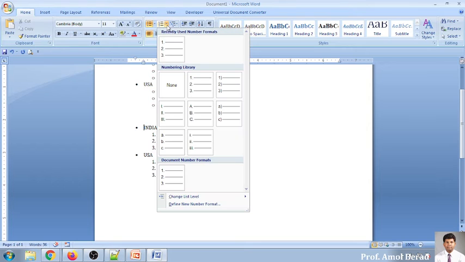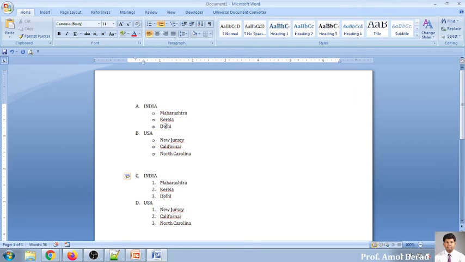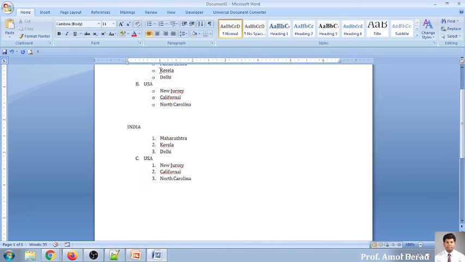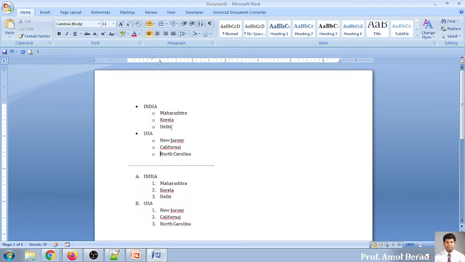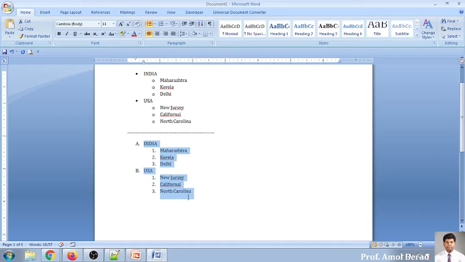I want to set it like this as A, B, C. So these are the two types of format available. Here I want to change it to somewhat oval like this. This is again a representation of a list, and this is again a representation of a list.